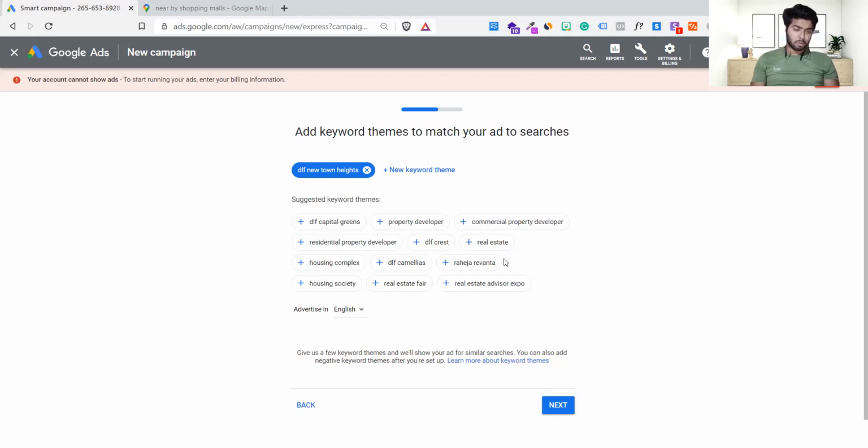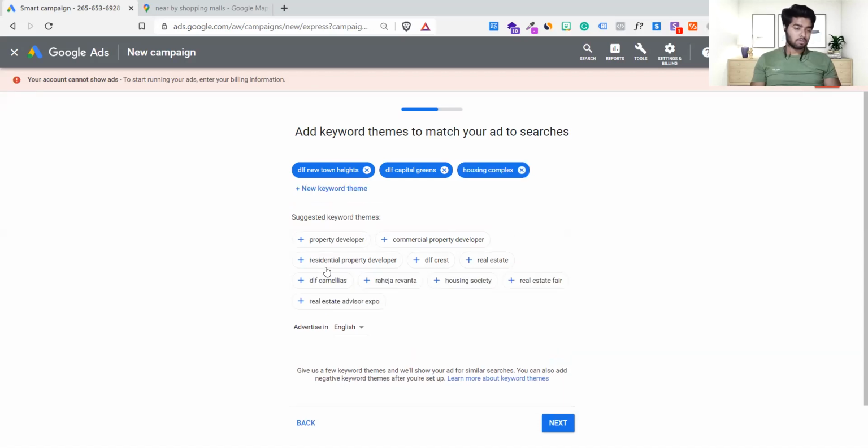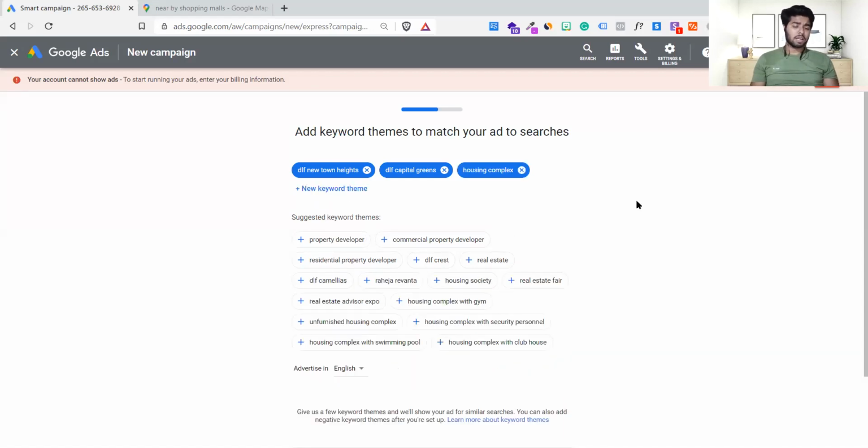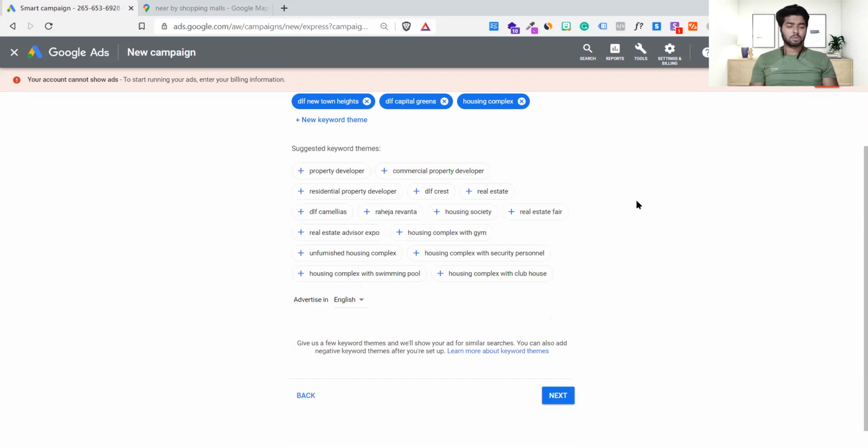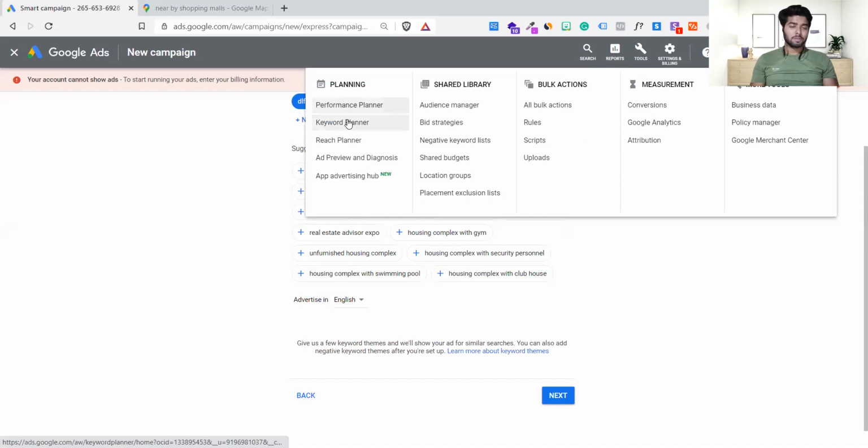and all developer properties. If you think that yes, whatever the AI has suggested is the right keywords, you can choose it like this. Okay, this is fine. This is also fine. But you think, okay, now I feel that I must do my own research. So what do you think? What should you do next? You should use this tool, which is Keyword Planner. Yes, which is Keyword Planner.